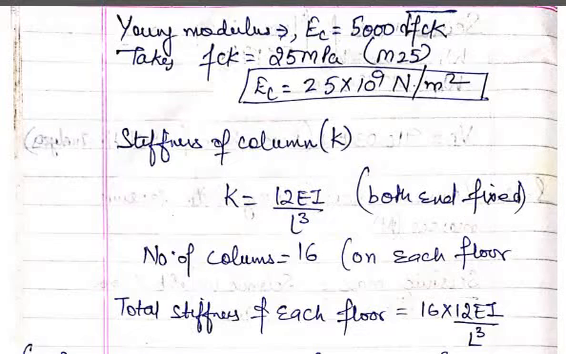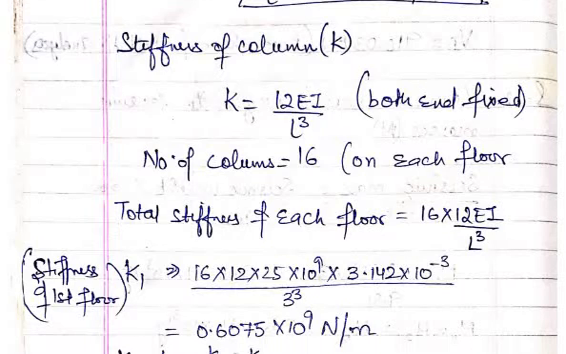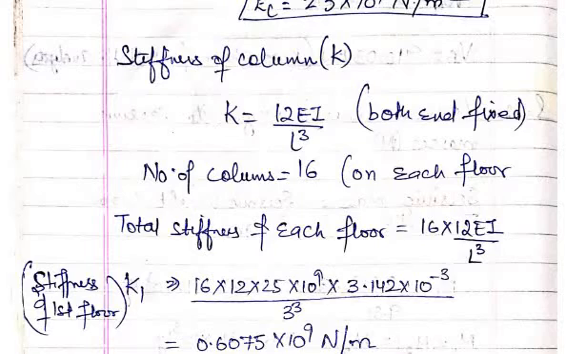Here both ends are fixed and the number of columns is 16 on each floor. Now we need to calculate it for each floor. That's why the number of columns in each floor is 16. Total stiffness of each floor is 16 multiplied by 12 EI by L cube. Then the stiffness of the first floor, K1, is equal to 16